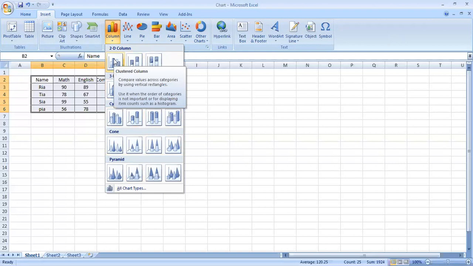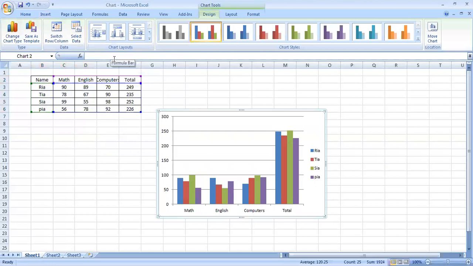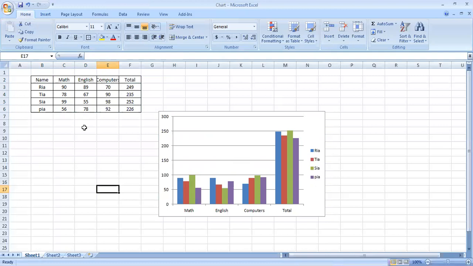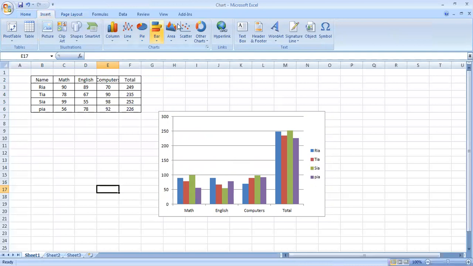I will just click on the chart which I want, and see, for this table, this chart has appeared here. Now, very important thing, you have to select the complete table. Don't add any extra row or column, and don't deselect it. Every single cell you have to select, and then you have to go to insert, and you will find different charts here. Click on the chart which you want in Excel, and your chart has appeared here.